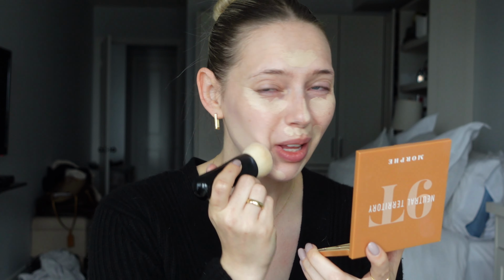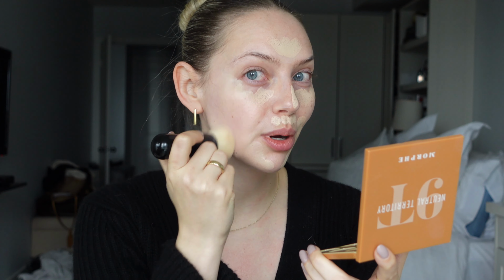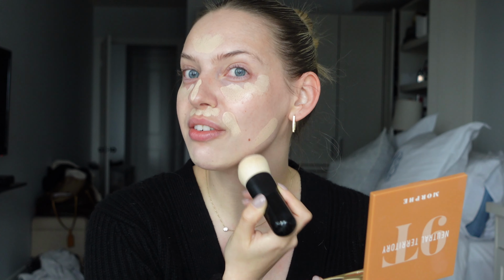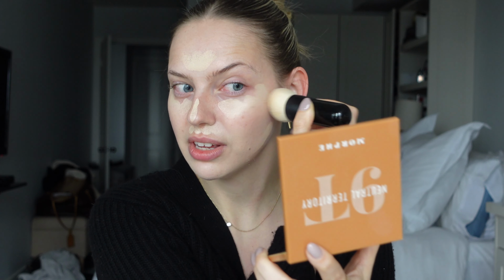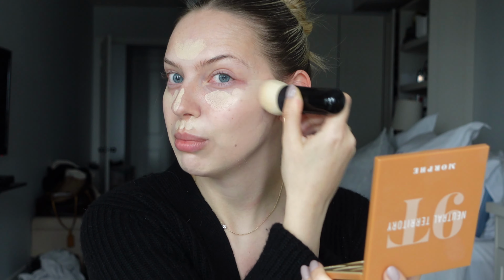And for brushes, it really just depends, but for today I'm going to use the Westman Atelier foundation blender brush, the liquid blender brush. It came out simultaneously with the serum foundation, which is nice, but it's not my favorite with skincare products. It's hard to explain. I still love this, I just like the coverage, but this brush is phenomenal for blending out